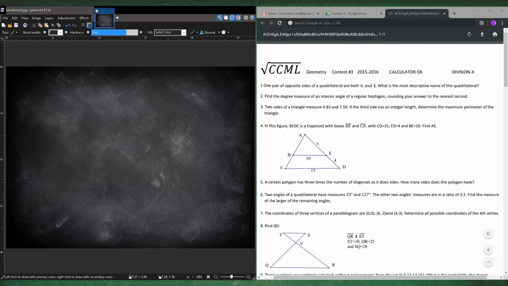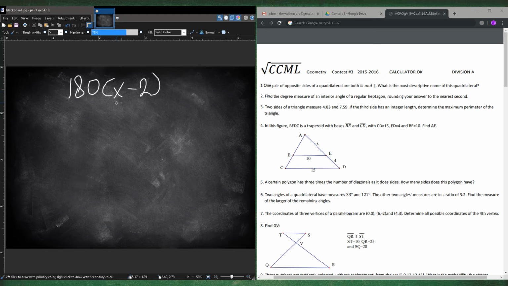Question 2. Find the degree measure of the interior angle of a regular heptagon, rounding your answer to the nearest second. To find the interior angle of a regular polygon, you're just going to have 180 times x minus 2, where x is the number of sides, divided by x. So this gets the interior angle. A heptagon is when the number of sides is 7. So 180 times 5 divided by 7 is equal to